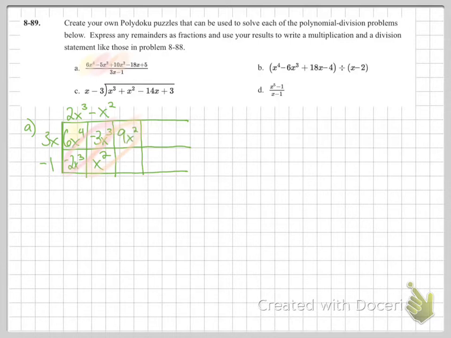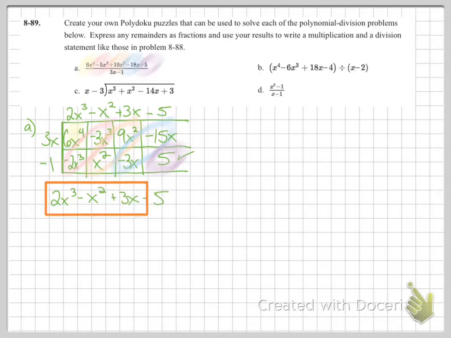The left, 3x, times the top, must be 3x. The bottom left times the top. The next diagonal is supposed to equal the next number, negative 18. So I have negative 3 now, so negative 15x. The left, 3x, times this must be minus 5. The bottom left times the top happens to equal the last number that you see there. That is 5. So the answer to A is 2x cubed minus x squared plus 3x minus 5,